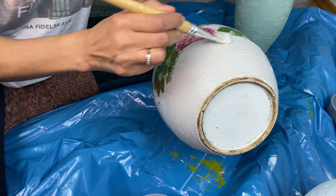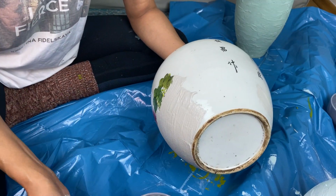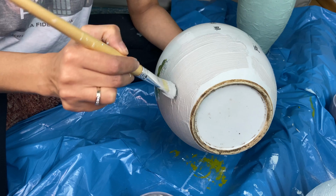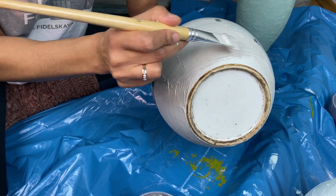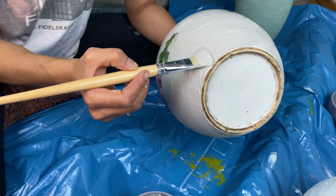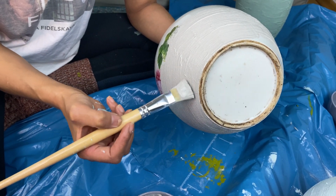It's not leaving so many brush strokes, but it also could be that this is actually porcelain or ceramic, so it paints a little bit differently than the glass. But I'm already loving how easily this is going on, and I think I'm going to be able to get the effect and restore this piece, that it turns into, instead of an ugly piece